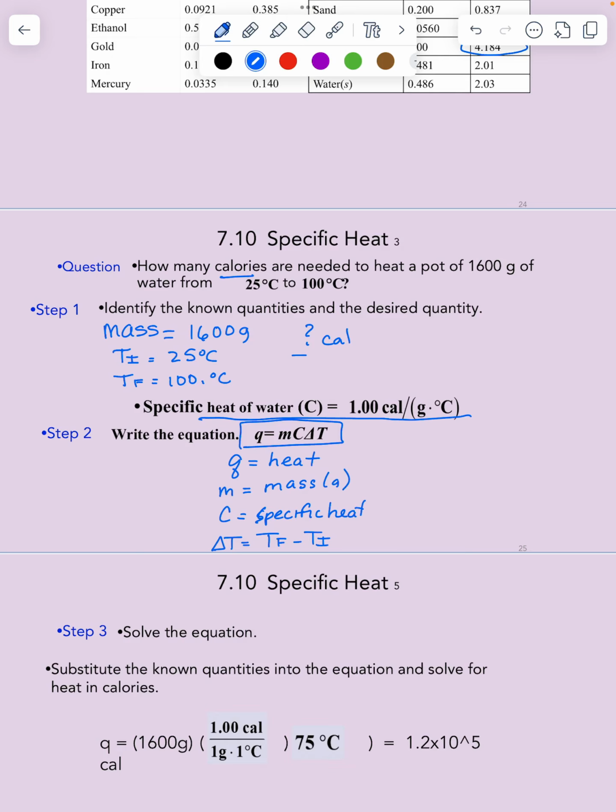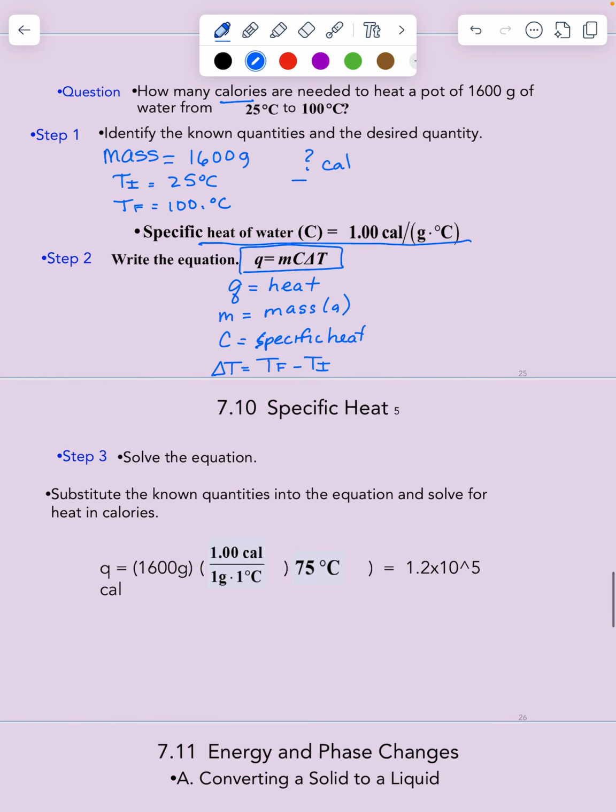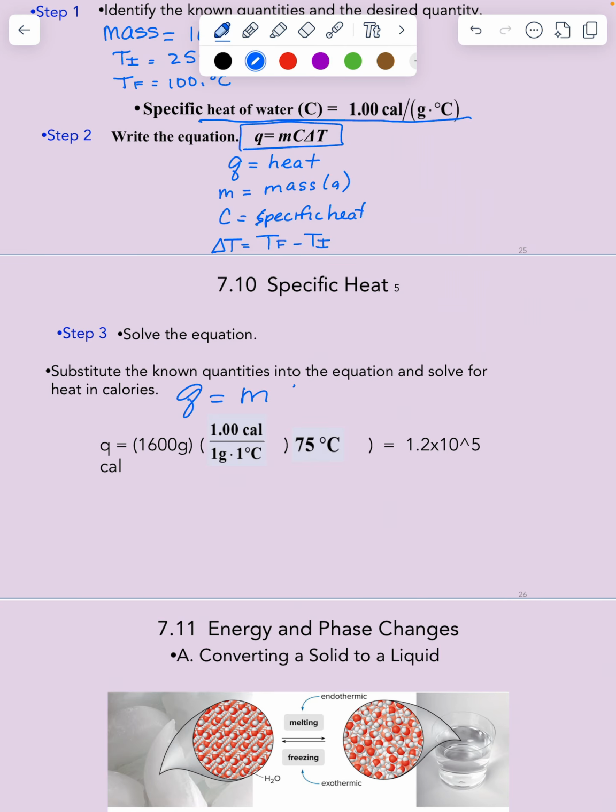So we had Q is equal to mc delta T. Here's our M, here is our specific heat, C, and then the change in temperature, 100 minus 25, gives us 75 degrees Celsius. And so we have an answer of 1.25 times 10 to the 5th